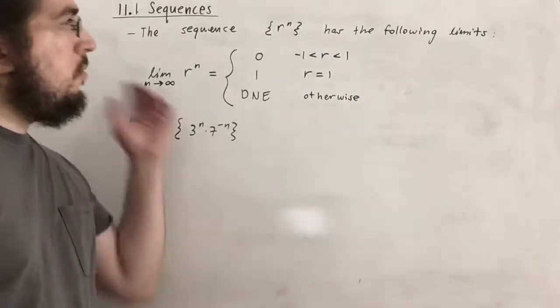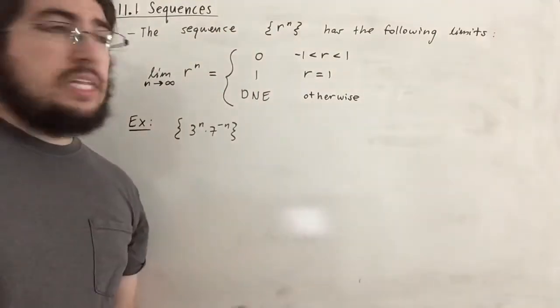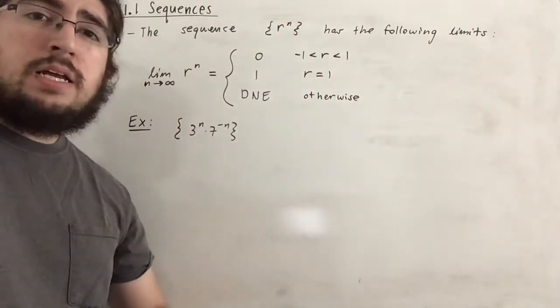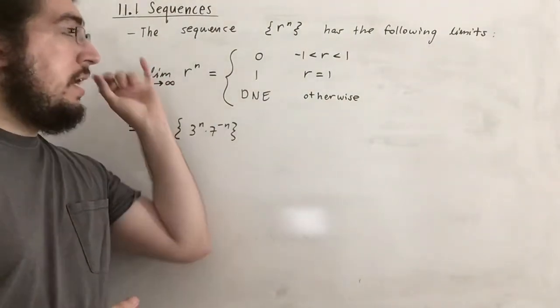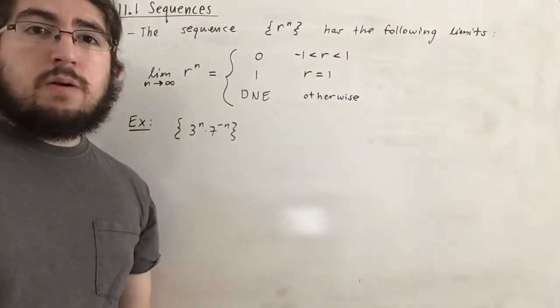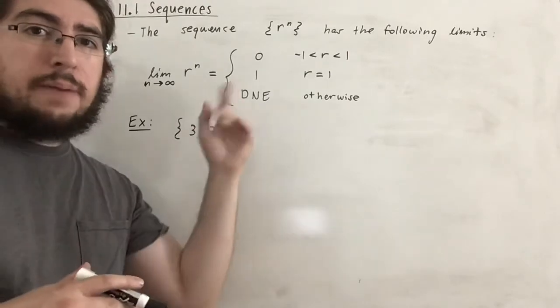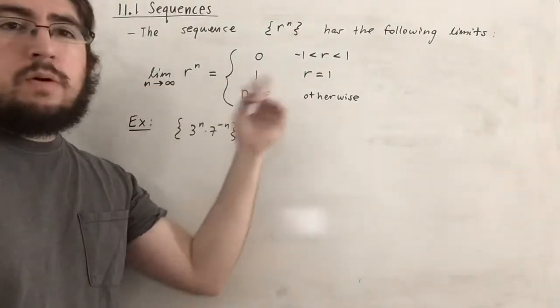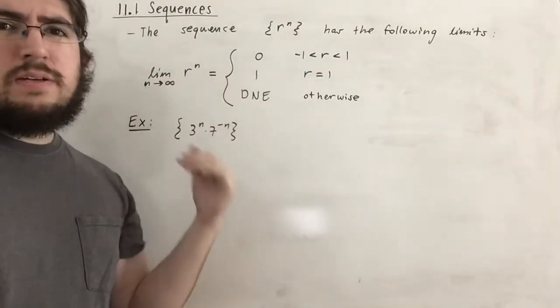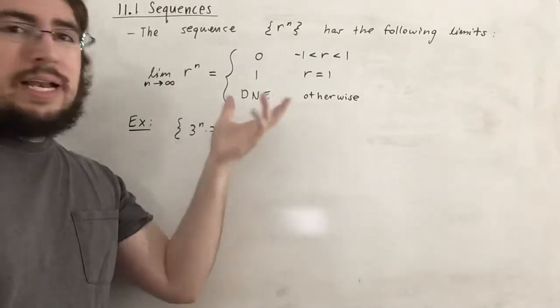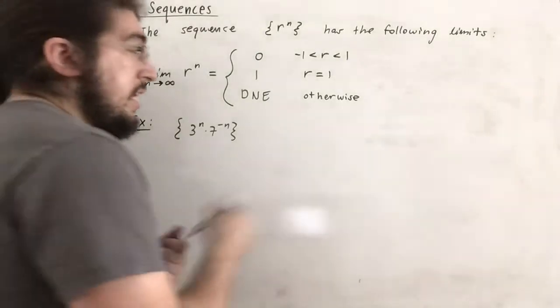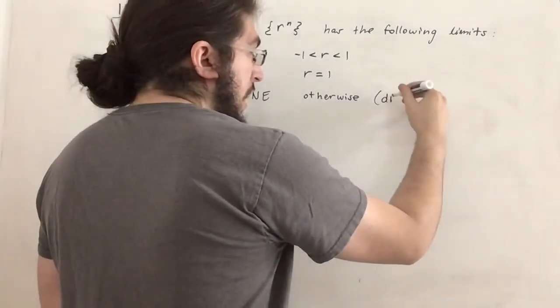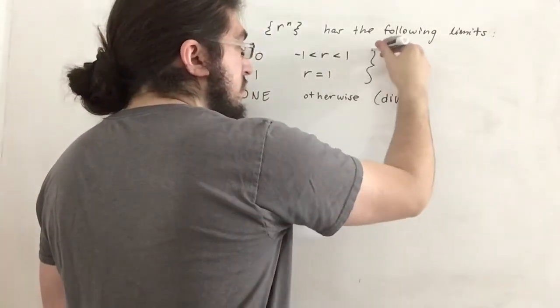All right, so here we define this sequence r to the n, and we notice it actually has the following limit. So the limit as n goes to infinity of r to the n is 0 when r is in between -1 and 1, exclusive, so it can't be equal to those. It's equal to 1 when r is 1, which I think makes sense because 1 to any power is 1. And it does not exist otherwise. So actually it is divergent here and convergent for these two,